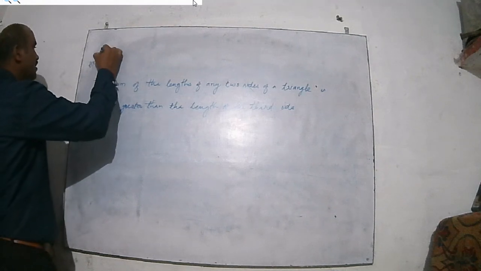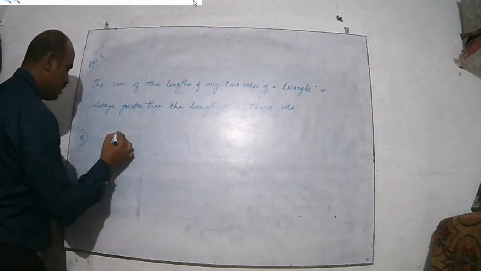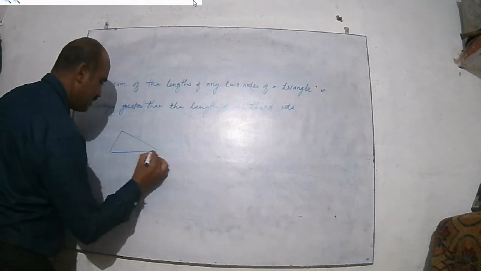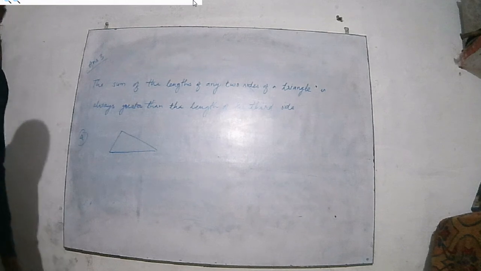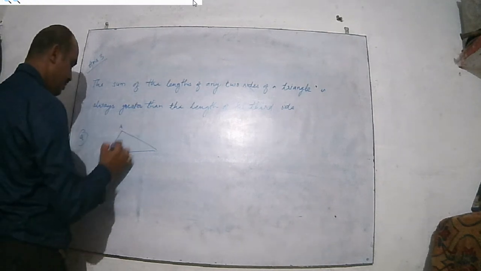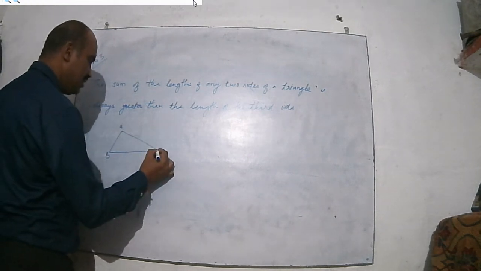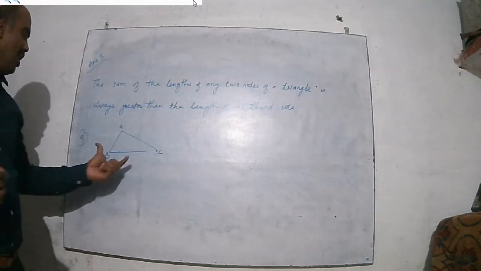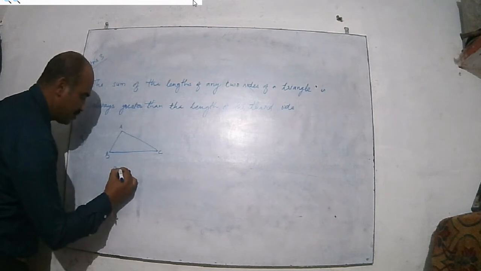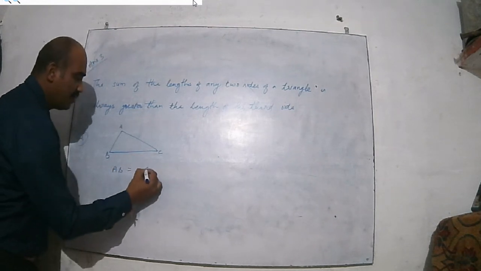It is your answer number 3, A part. This type of structure is given here. You have to measure with the help of a scale. The names given here are A, B and C. You have to take the ruler and measure this. What is the size of this one? AB is equal to how many centimeters?